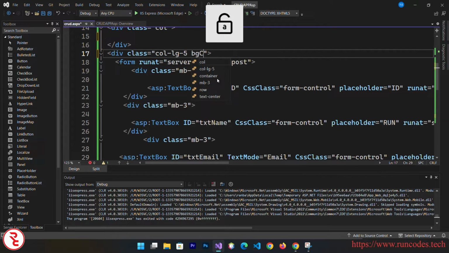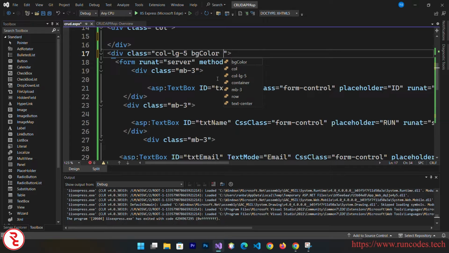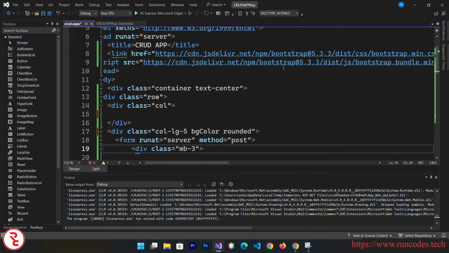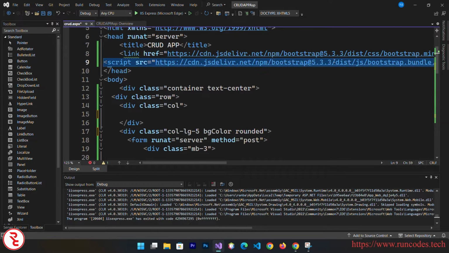Give one class bg-color, and we are going to write that, and you can use the Bootstrap class rounded so that the corner will be rounded, and scroll here, and inside the head what we are going to do is